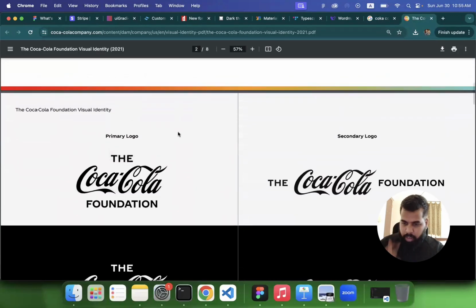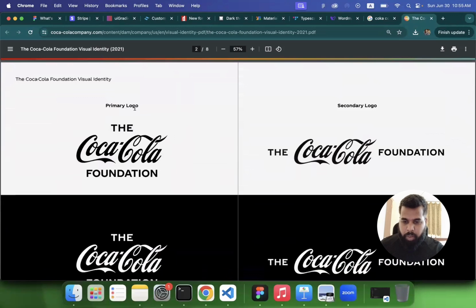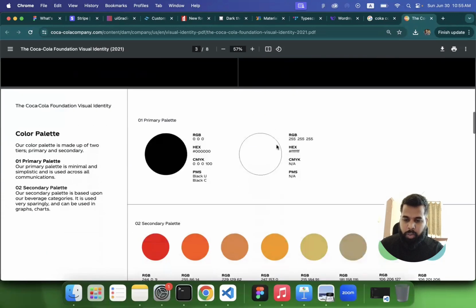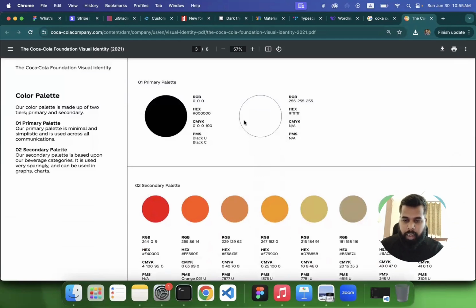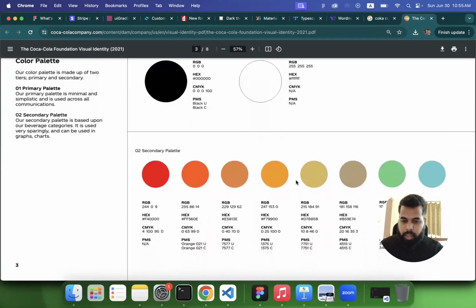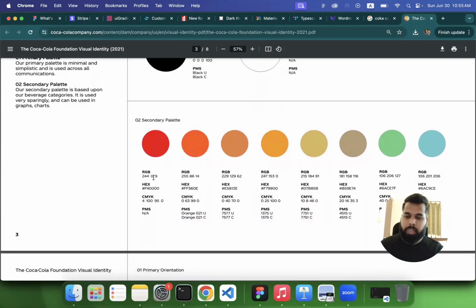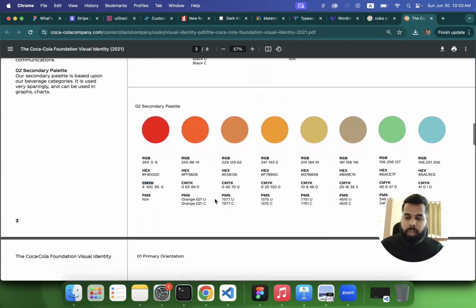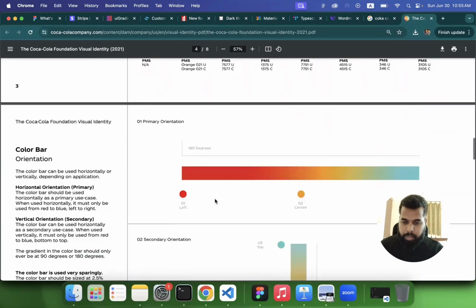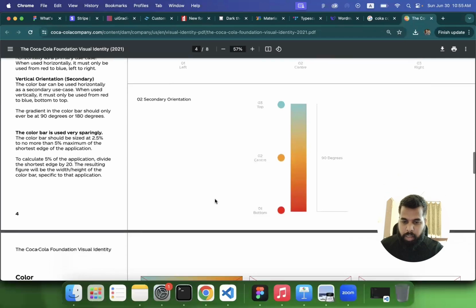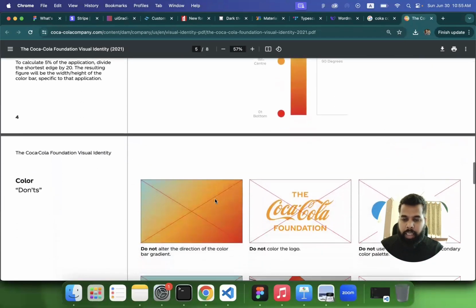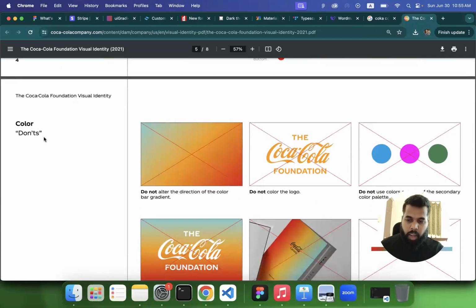Okay, you can see that they are showing you the primary logo is this and the secondary horizontal logo is this, and how we can use the logo. And this is the primary color and the secondary colors. The color palette is displayed, with RGB value, hex value, CMYK for printing, and all the other values displayed in the style guide. And also the color bar, different color combinations, gradients, and this is how not to use